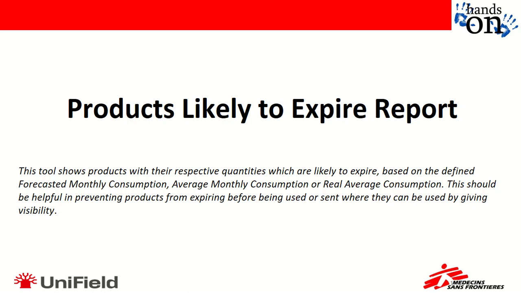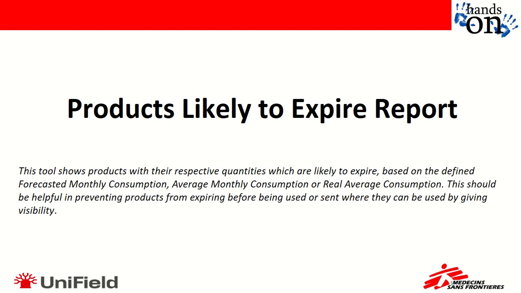In this video we are going to focus on the products likely to expire report. Now the objective of this report is to allow us to analyze the items that we have in stock that are expiry date managed, and compare them against a defined consumption method, either the forecasted monthly consumption, the average monthly consumption, or in some cases the real average consumption. Then this will give us visibility to say, hey,